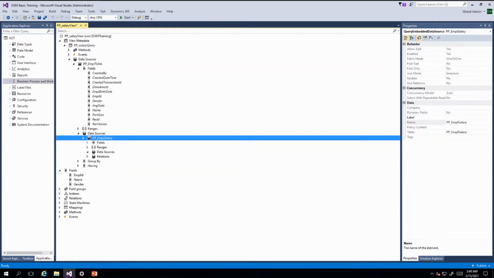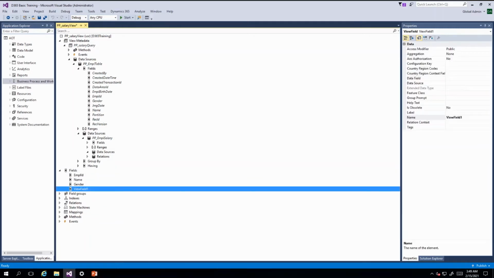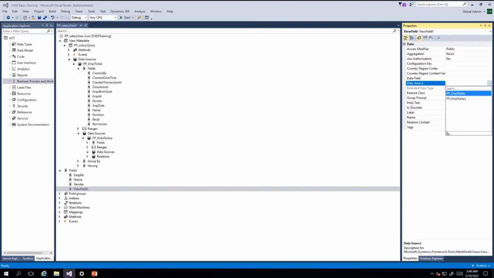So what I will do, I will create one aggregate field here. So the process is, I will create one field first. The data source will be the salary table, and I will give the amount field here. Then I will do aggregation to sum.